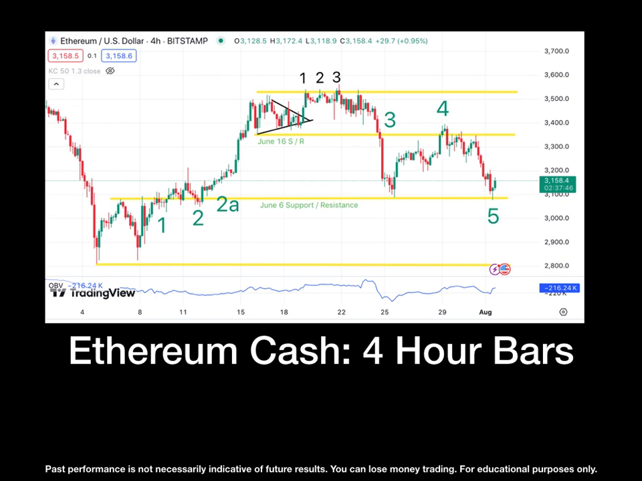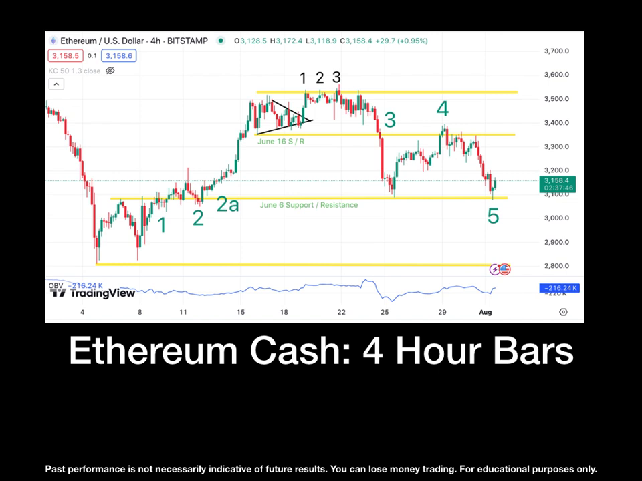And if you did go long, where would you take profits from that? Well, you go up to the next resistance level, which is marked as June 16th support and resistance. They're at around the 3,350 zone. And price goes right back up to that level. And there it forms another head and shoulders top. This is not marked, but